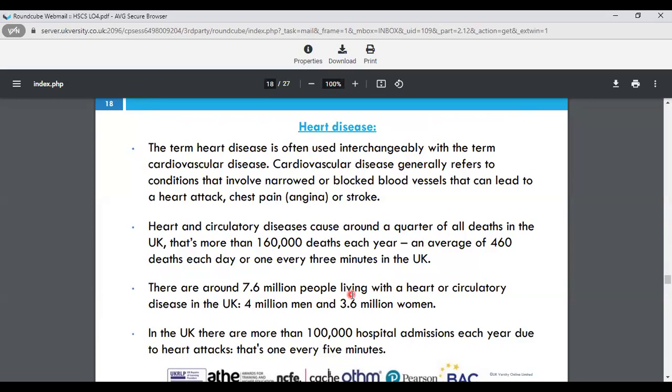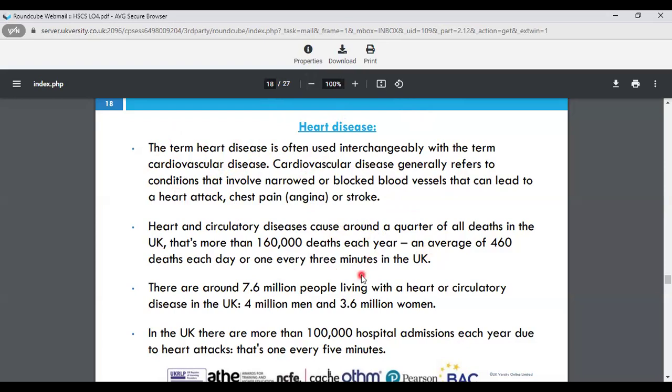Because diabetes itself, when it happens, affects the vessels that carry blood in your body. If those are impacted, you would have more heart diseases. The term heart disease is often used interchangeably with cardiovascular disease, or CVDs, same condition. Cardiovascular disease refers to conditions that involve narrowed or blocked blood vessels. These can lead to a heart attack, chest pain, which is angina, or stroke. Heart and circulatory diseases cause a quarter of all deaths in the UK. That's more than 1.1 million deaths